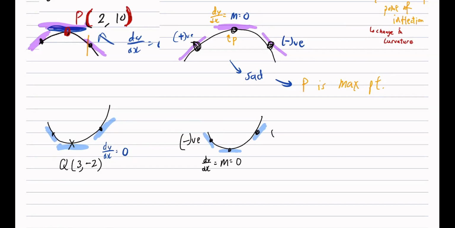Right one is positive. We don't care about whether increasing or decreasing for now, just positive. So if it's a bit to the left negative, then 0, then a bit to the right positive, we know without a doubt now that this point Q here